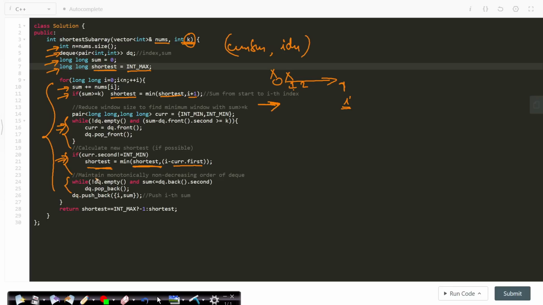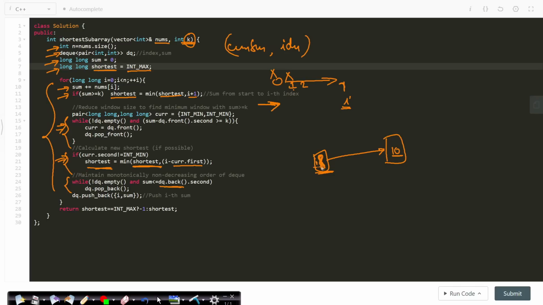Now the last case was, before pushing any item, let's say before pushing 10 over 8, we have to check the back of the DQ. So the back of the DQ should have a value less than the current item, and then only you can add 10 to the back.